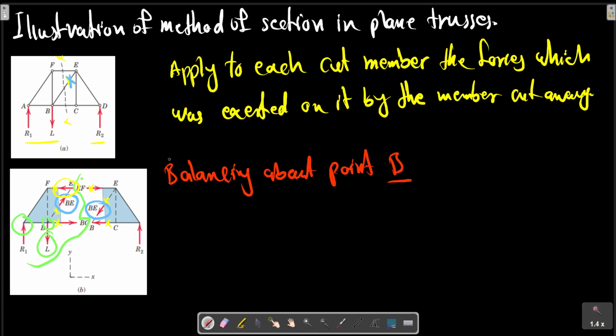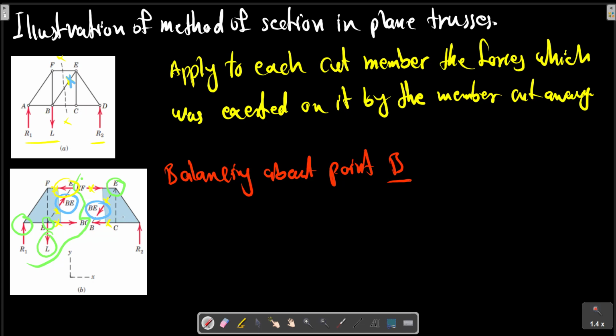The load L is greater than the reaction R1, so that the force BE must be up and to the right to supply the needed upward component for vertical equilibrium. Force BE is therefore tensile since it acts away from the cross section. With the approximate magnitude of R1 and L in mind, we see that the balance of moments about E here